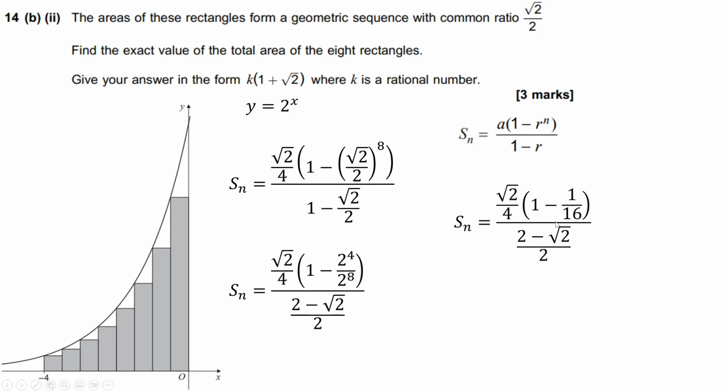And then I've just said that 1 over 2 to the power of 4 is just 1 over 16, obviously, because 2 to the power of 4 is 16. And then 1 subtract 1 over 16 is 15 over 16. And we've got 15 over 16 multiplied by root 2 over 4, so that becomes 15 root 2 over 64